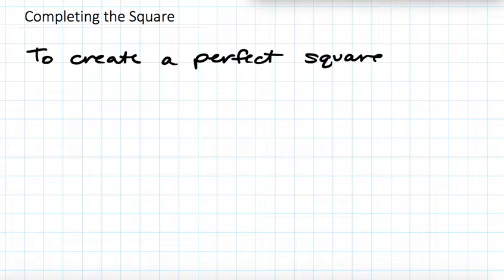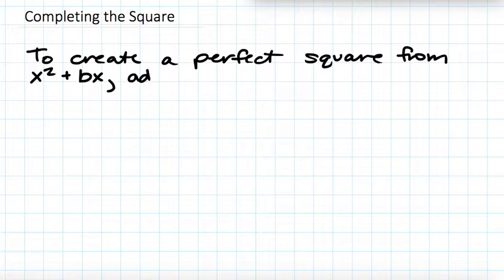what you're going to be starting with is two terms, a binomial, x squared plus bx, where b is going to be some number. And what you're going to do is add the constant term, or the c. For the constant term that you're going to add, you're going to take the value of b, divide it by 2, and then square it. And then that number you add to the binomial, and your result is going to be able to be factored. So the result